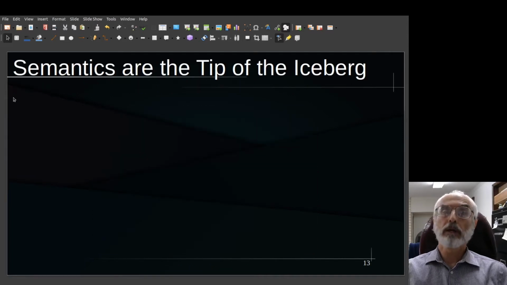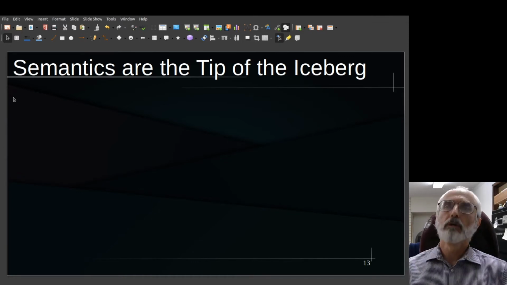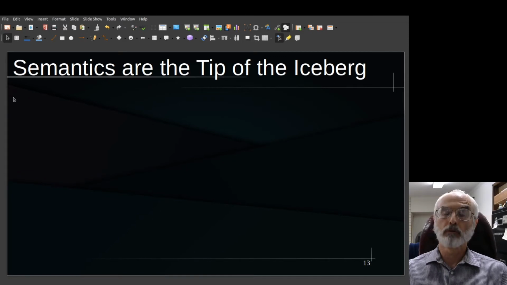And the key point here is that semantics are but the tip of the iceberg. I mean, the mathematical things we can express in formal things are just one aspect of the requirements Linux kernel RCU and real-world software must meet. Of course, semantics applies to all software. What's the big deal for concurrency? Then the answer is that concurrent software is less mature and the semantics are less well understood. It's developing more quickly, the semantics are changing more quickly. So it's more of a challenge for concurrent software than it is for sequential software. But it's not the only challenge.